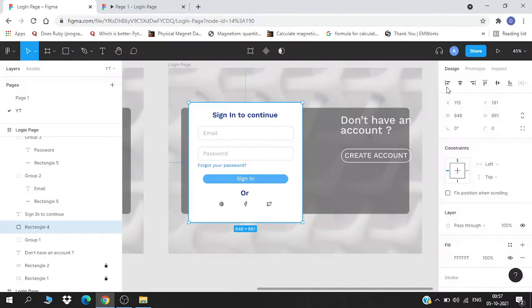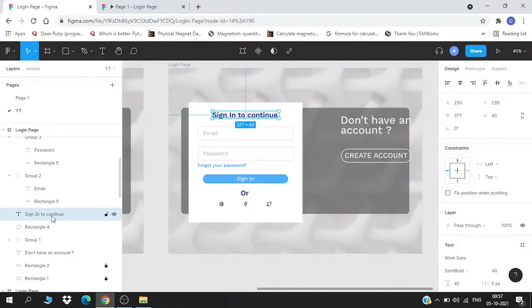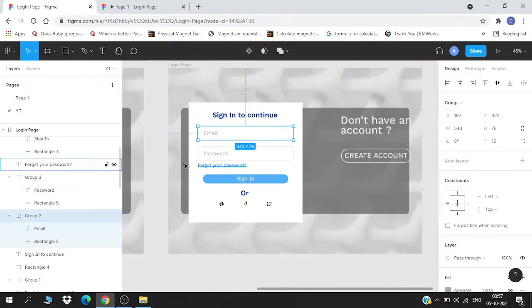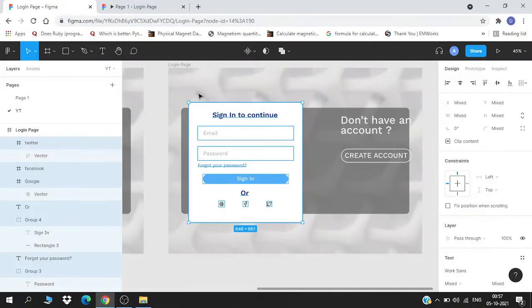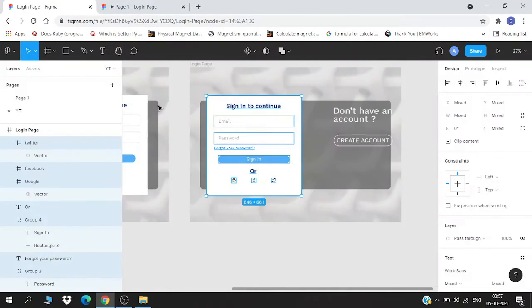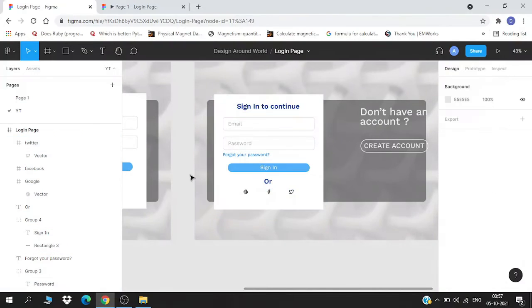Is it in the center? Actually, yeah, it is pretty much in the center. Yeah, it is in the center.